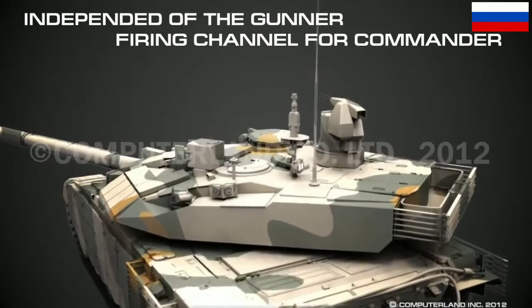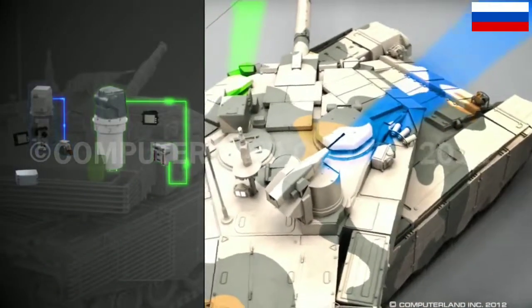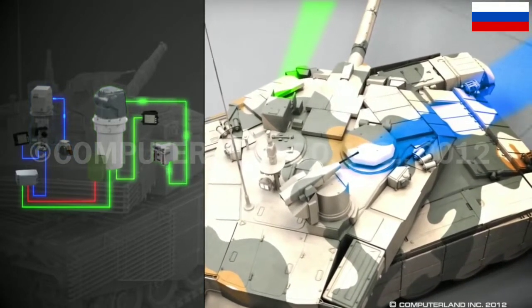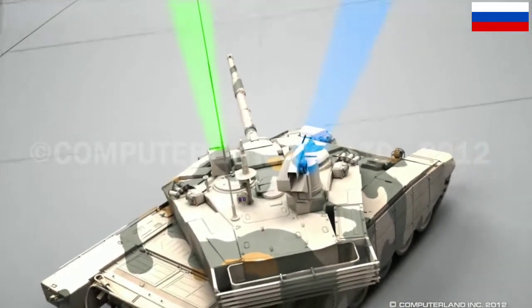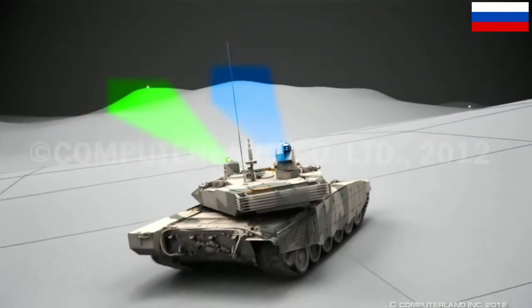The T90S modernized tank has an extra firing channel made up by the remotely operated machine gun mount. Aiming of the machine gun at all aspect angles is conducted by means of the commander's panoramic sight. Staying inside the tank, independent of the gunner's actions, and regardless of the main gun and combat turret position,